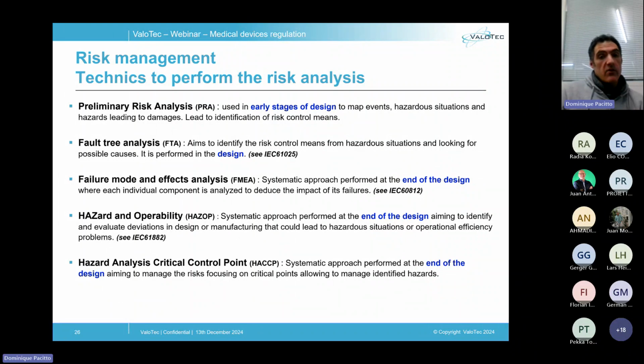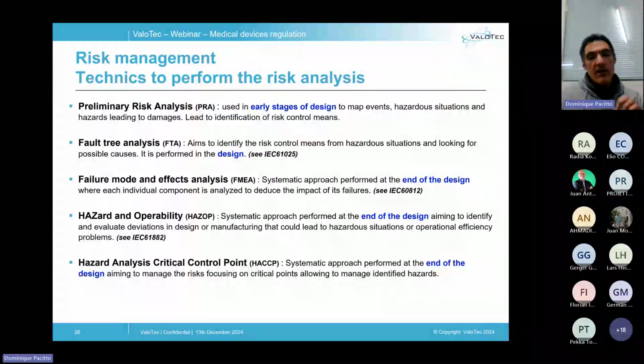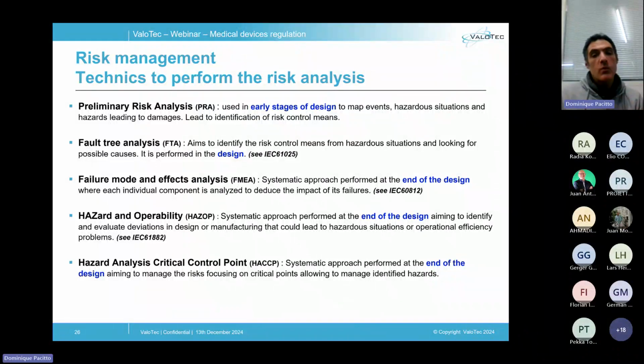Some techniques, such as the preliminary risk analysis, aim to identify the risk control needs from the hazardous situation. And this technique allows you to draft quickly a risk analysis and is suitable in the early stages of your project, when your device is not developed, to get a rough idea of the risk control needs that could be required. At the